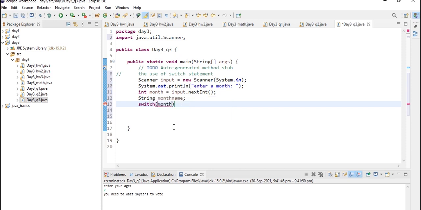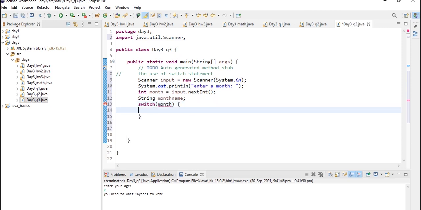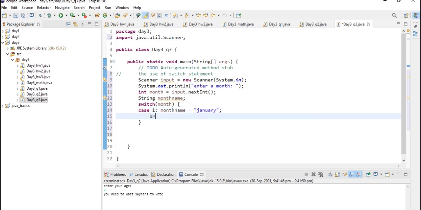We are going to have 12 cases in this, and 1 default case, so a total of 13 cases. So let's write our case 1, that is month name is equal to January, and let's use the break keyword. The break keyword is used to exit from this switch block.